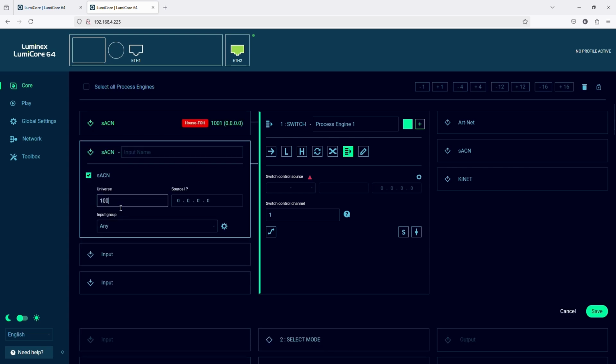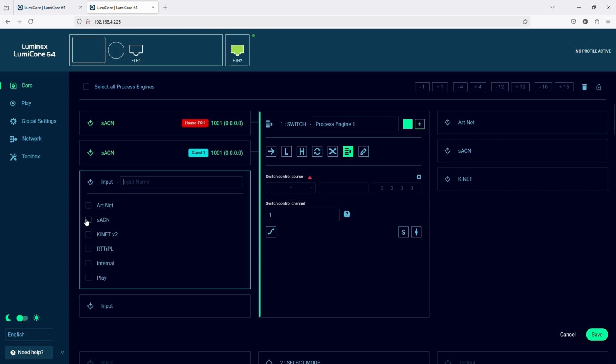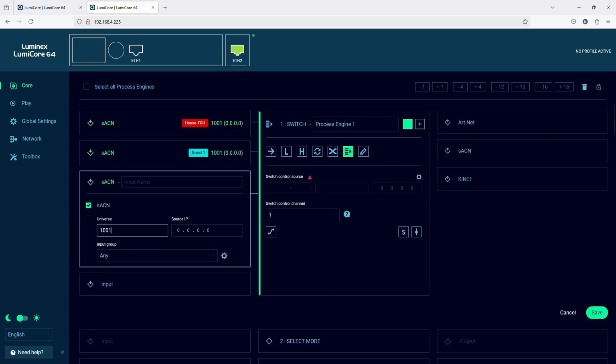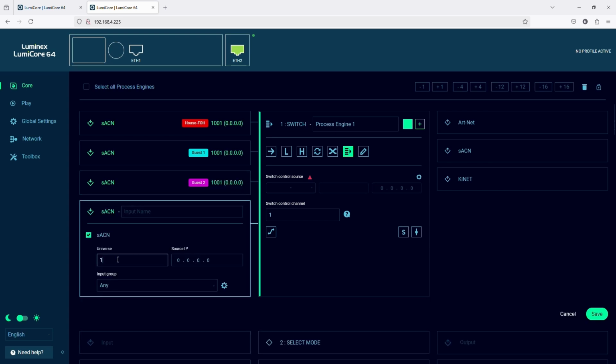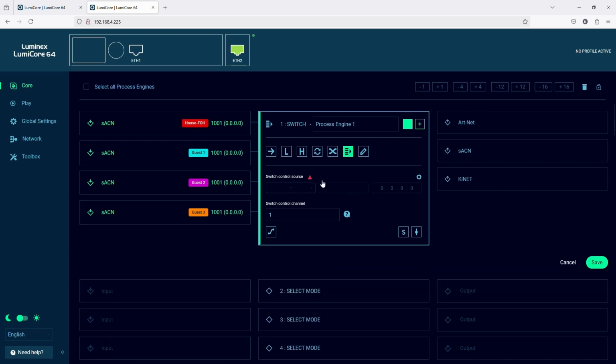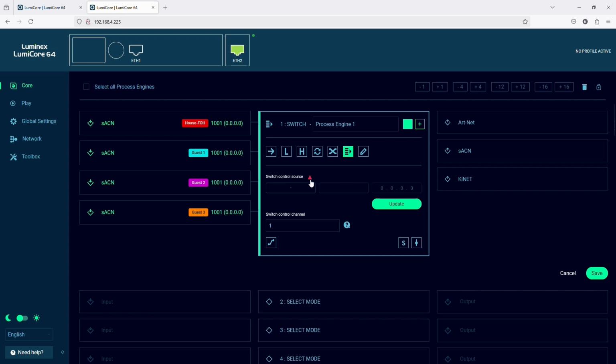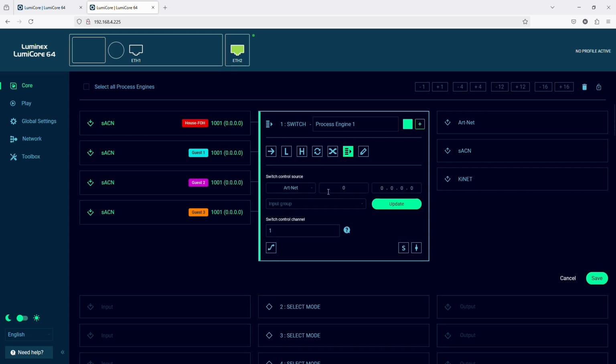In our setup, we have configured all inputs to use streaming sACN and the same universes. But it is also perfectly possible to change this to ArtNet or to change the input universes in case there would be an overlap in universes from one guest, in which case that guest could be using different universes to control the festival rig. We will now set up channel 1 of ArtNet universe 201 in our management group as